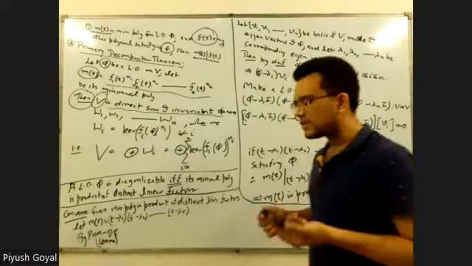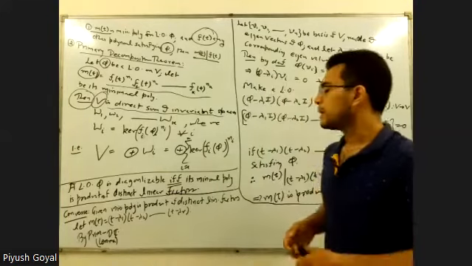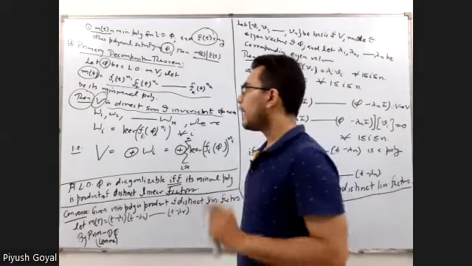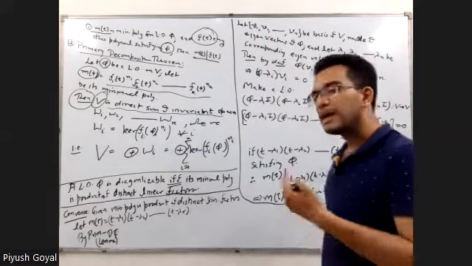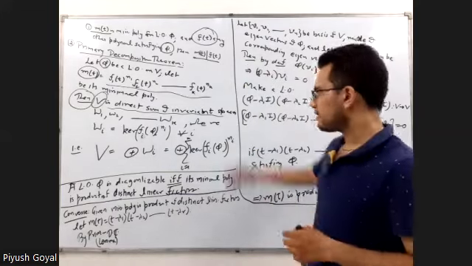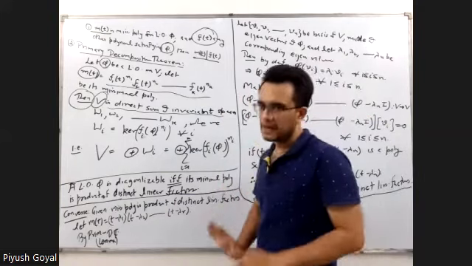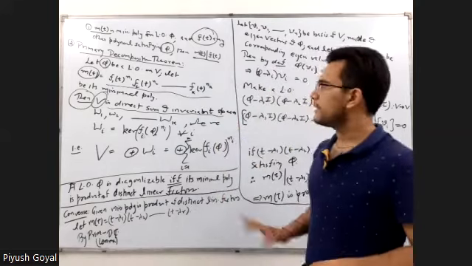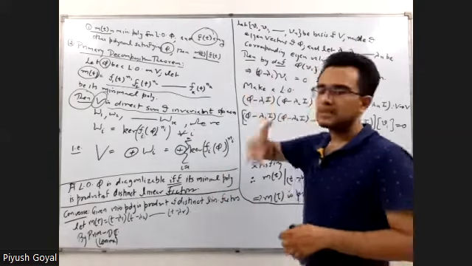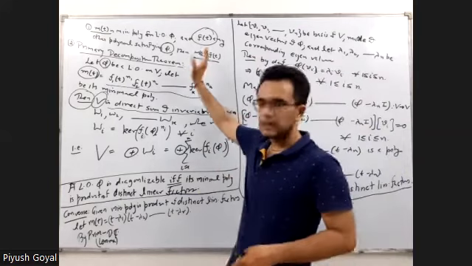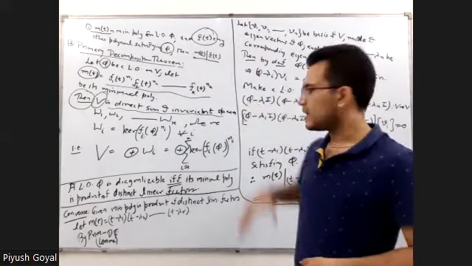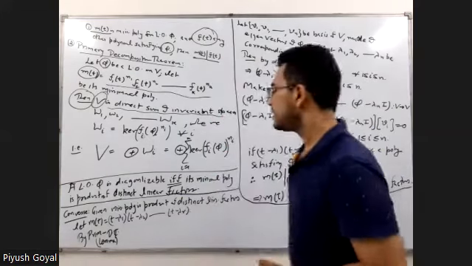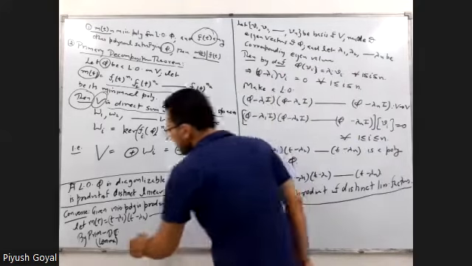Obviously you know this, since you are in the 4th semester. When a theorem appears in front of you, you have to decide how many lemmas you will prove. If it is an 8-mark theorem, then you can prove only one lemma. For example, this lemma is sufficient, no need to prove any other lemma. Or if you don't know this lemma, then you prove one lemma. For example, this lemma is very short. So if you prove this lemma, then prove one more lemma if you have that lemma. Okay. So you say then by the primary decomposition theorem, this V is